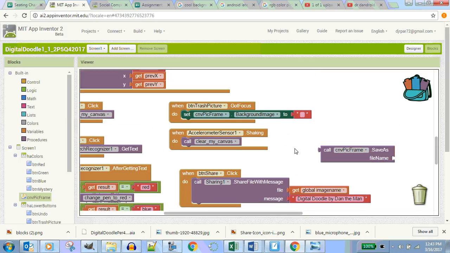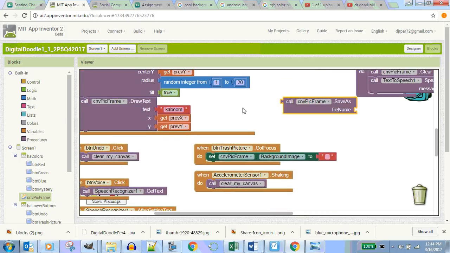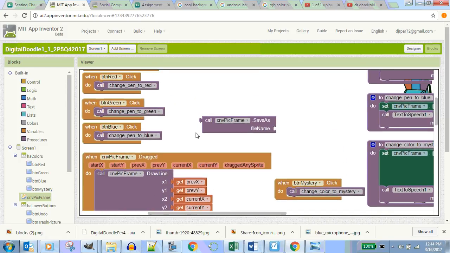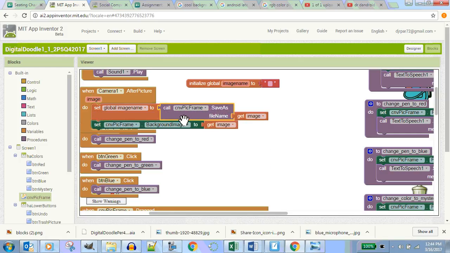So here's what we could do. I think we could do this. Let's do this. There we go. Global image name, Canvas picture frame, save as file name. There you go. You got a file name for the image. That's going to get the picture frame's image, and it's going to give it a name like